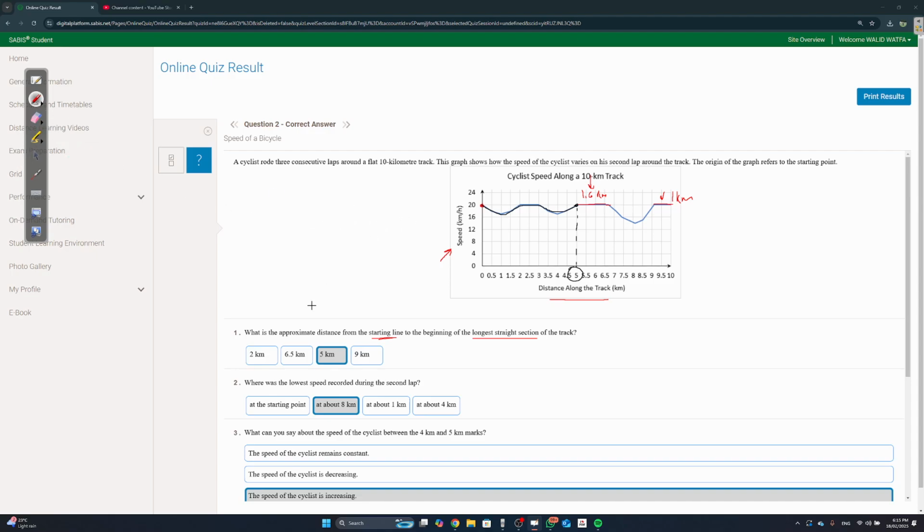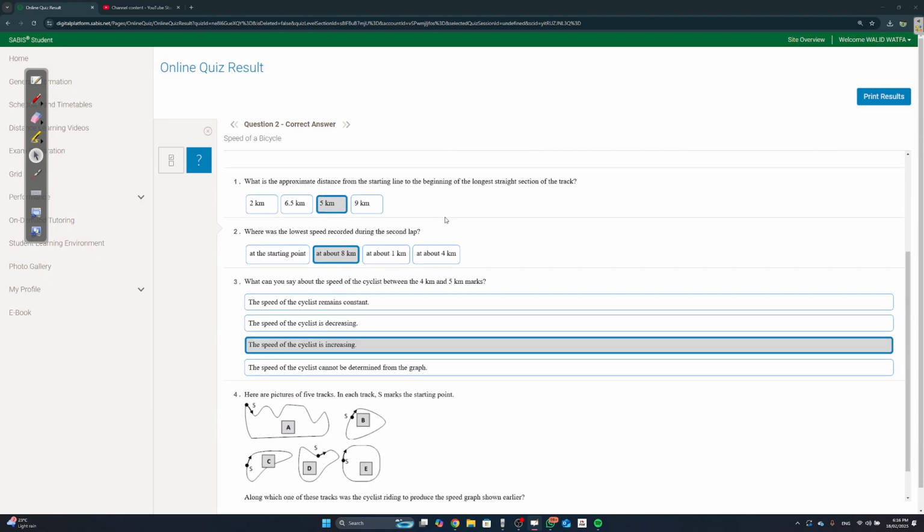Part B, they say, where was the lowest speed during the second lap? The lowest speed was over here, as you can see, just 8. I think that's very, very easy. Part 3, what can you say about the speed of the cyclist between the 4 kilometer and 5 kilometer mark? Between 4 and 5, as you can see, it's increasing. I think really if you're in 11S and you find this hard,